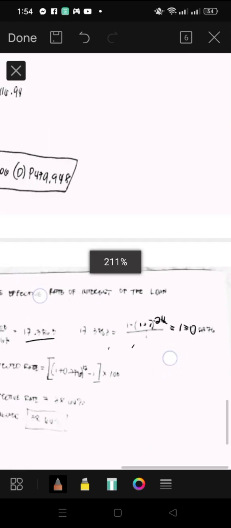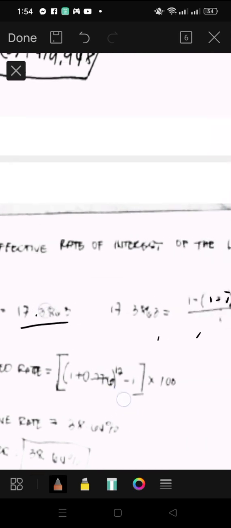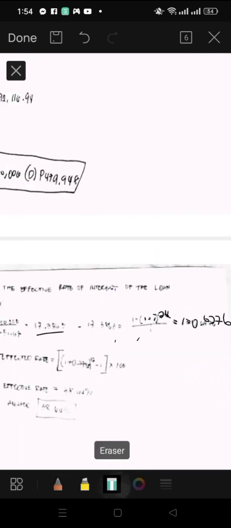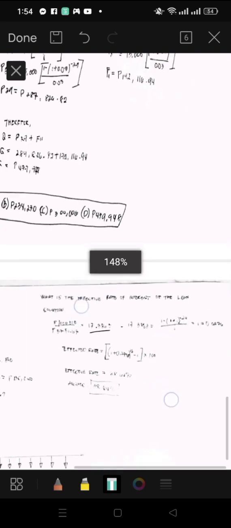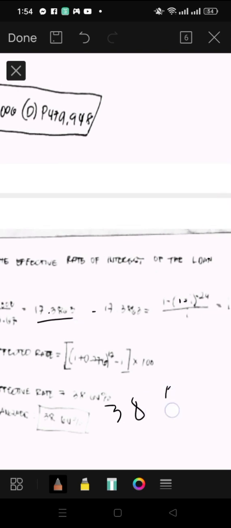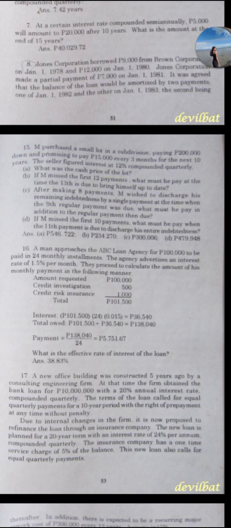So the effective rate is the quantity of (1 plus 0.0276) raised to the power of 12, minus 1, times 100. So the effective rate answer is 38.64%. So the final answer is 38.64%. Number 17 is